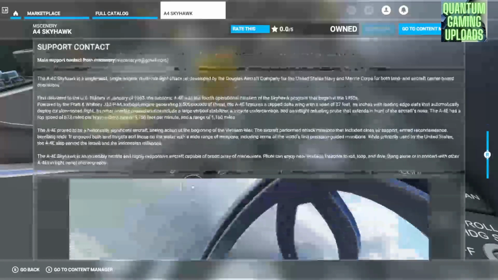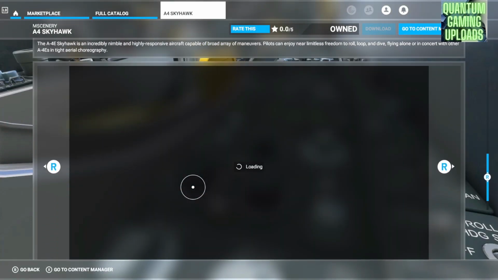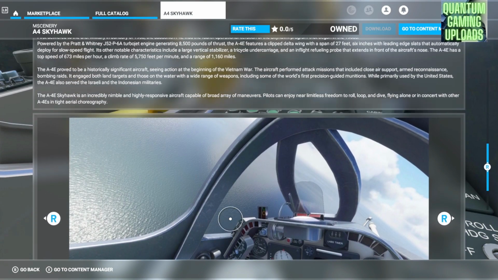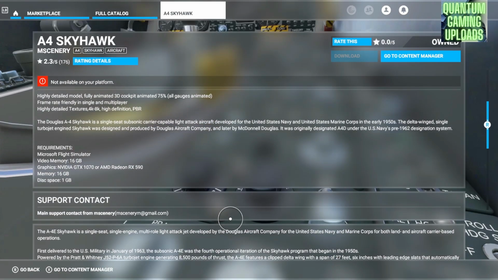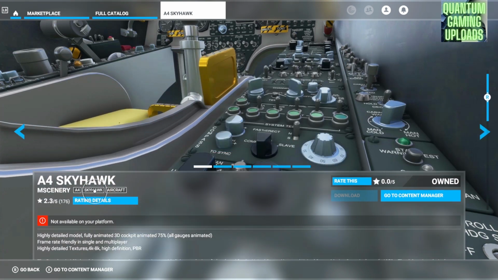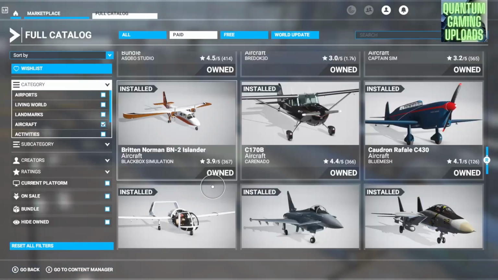Nobody wants to see that. Not in a simulation game. Come on, you don't need to see that. It's not Ace Combat, you know. You know what you're getting. So these things need to be addressed. It's a big problem, guys. And it says here the graphics, what graphics you would need. A 1070. This plane looks like a toy, honestly. I never seen such a